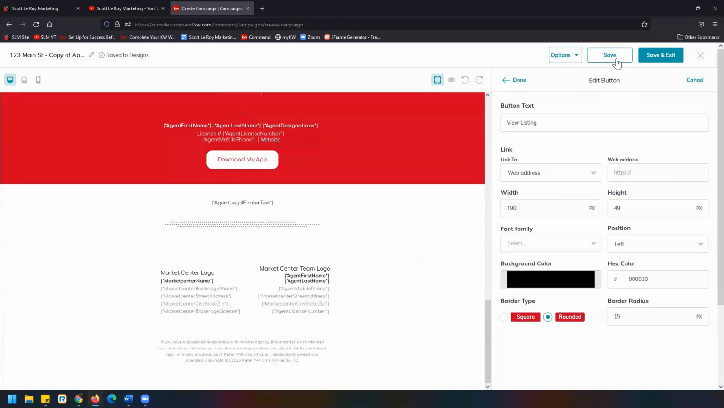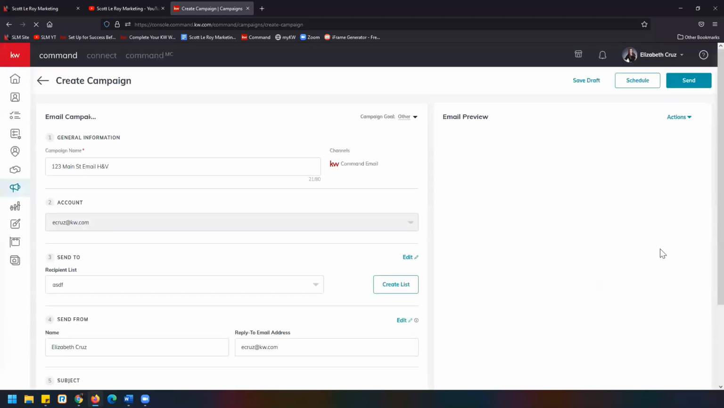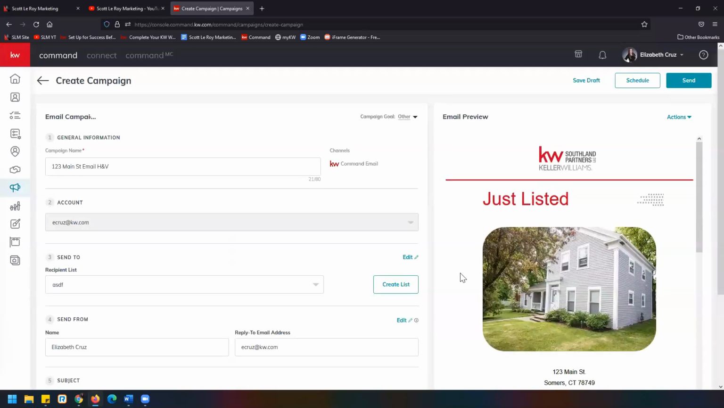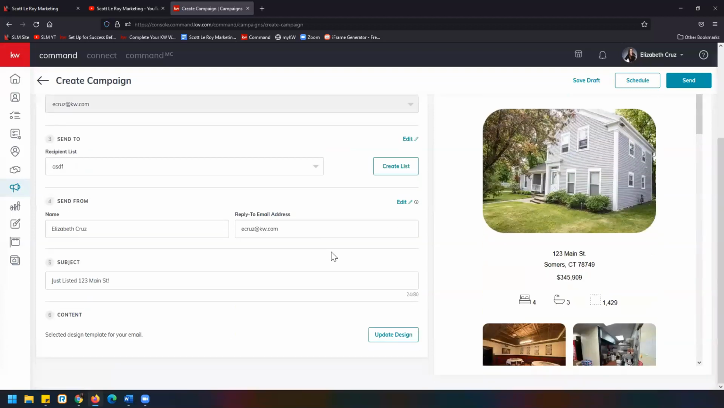And then last but not least, you can save and exit to go back to the email campaign. And again, you'll see this email preview on the right-hand side. You can also update that design again from the very bottom center. And from here, you can save draft. So if you want to, come back the next day with fresh eyes to review before it gets sent out,